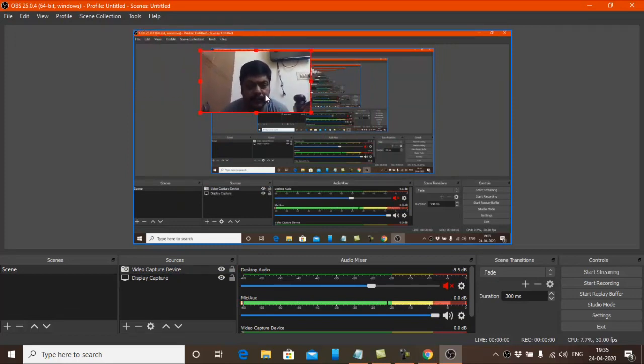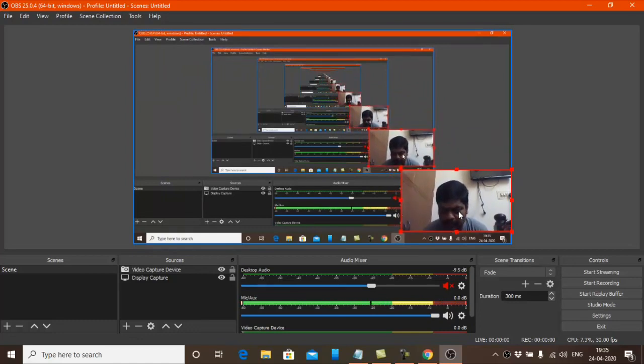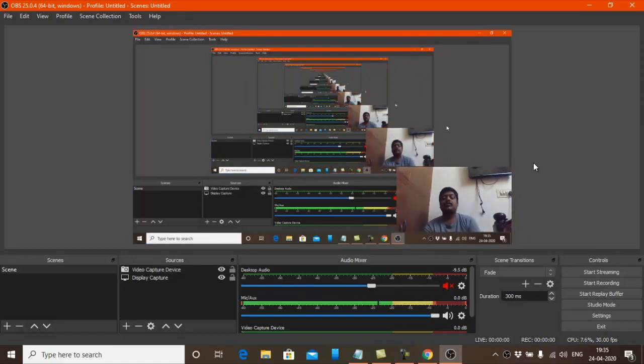In case you want to bring it to the bottom right, since we are taking the entire screen recording, you will have a taskbar below. Above the taskbar, make your face appear. This way you can slightly increase it. Now once you click it, we are seeing this shown above the display. Sometimes your picture might go behind this display capture.